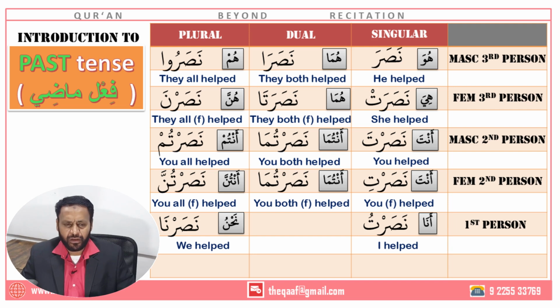How do I make it dual? Very easy. Dual is like a sound, ani in ism. So just add an alif, it becomes dual, Nasara. Plural is usually represented in the ism form by una. So don't add the noon, just add u, it becomes Nasaru. Feminine is usually represented with a ta sound, so add a ta, Nasarat. Again make a dual, take Nasarat, add a, Nasarata.